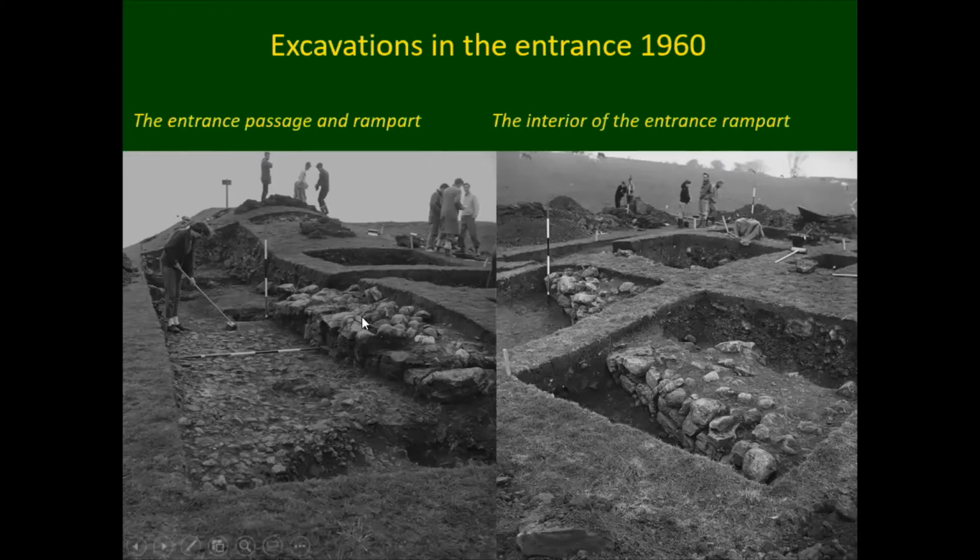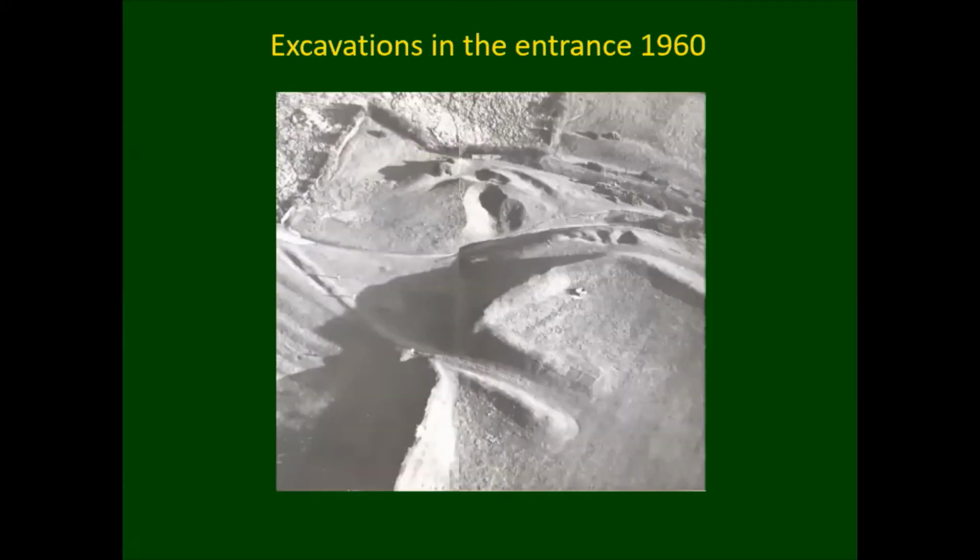This excavation then, in the 1960s, the favourite way of digging was what's known as the Mortimer Wheeler box section, an excavation method pioneered by the famous archaeologist Sir Mortimer Wheeler, and they basically dug these 5 foot wide square boxes, leaving an unexcavated baulk in between, which kind of limited what they could see, but it did give them a way into the archaeology. And this is a picture that was taken a little time after, but you can see this is the entrance, and if you look down here closely, you can see the earthworks of those boxes picked out quite neatly, where the soil has sunk in,